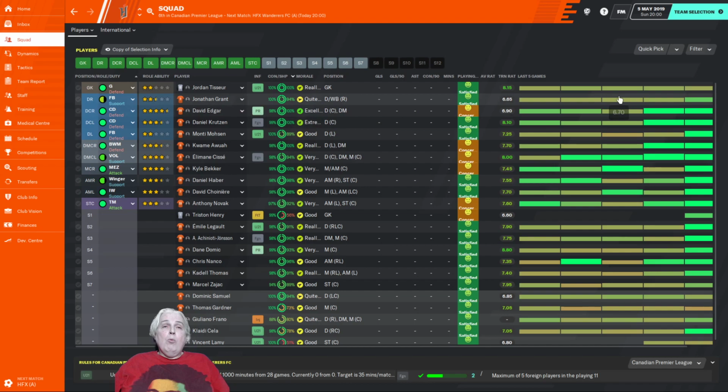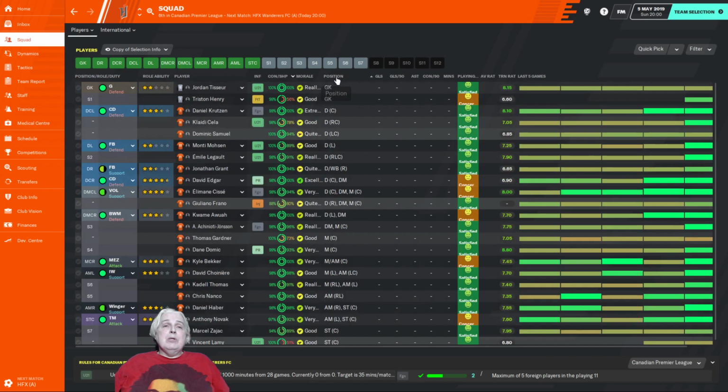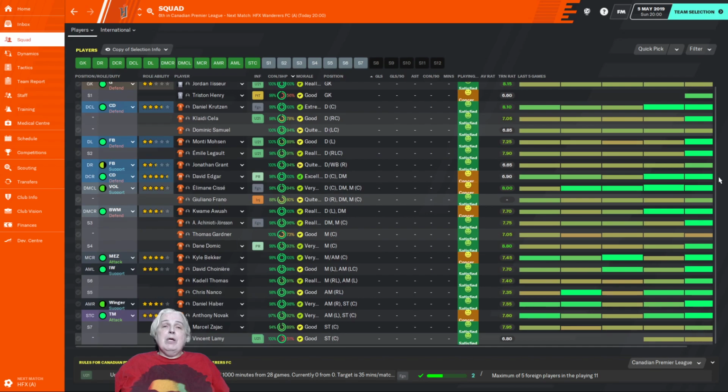This is going to be a one-match episode because we're going to spend some time looking at the team as well as playing that one match. So let's have a look at the squad. I'm going to organize it by position. There we go. So when we got here, there was a squad of about 17 or 18 players, which was